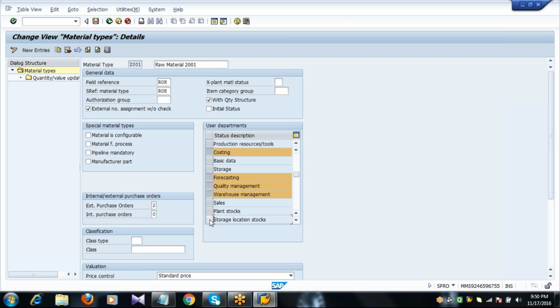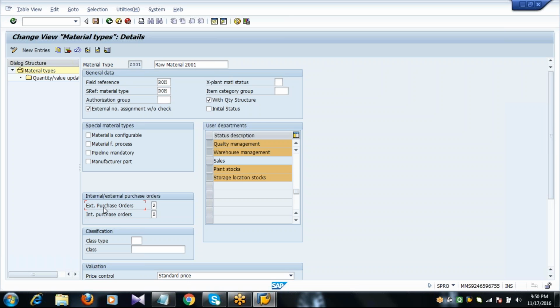Just make sure that for our departments they are activated or not. Now they are not in activated position, so you activate them: accounting, purchasing, basic data, storage, plant stocks, storage location stocks.